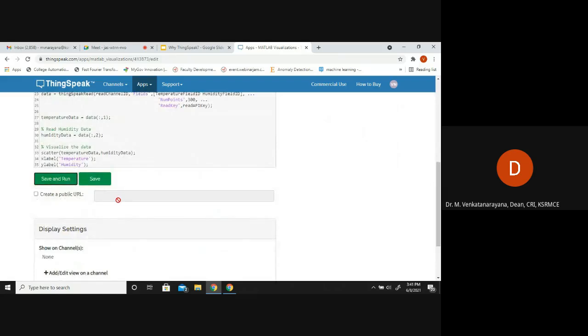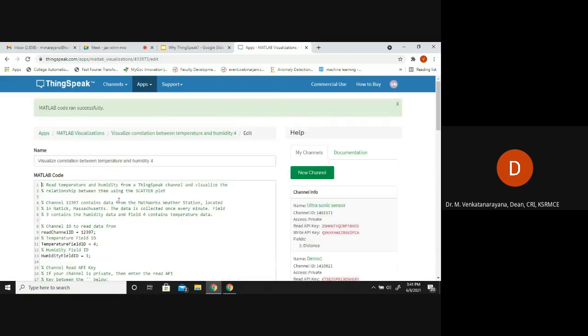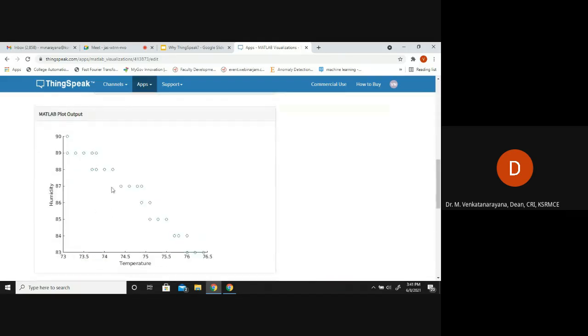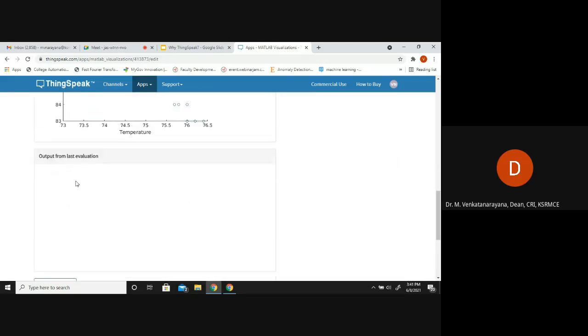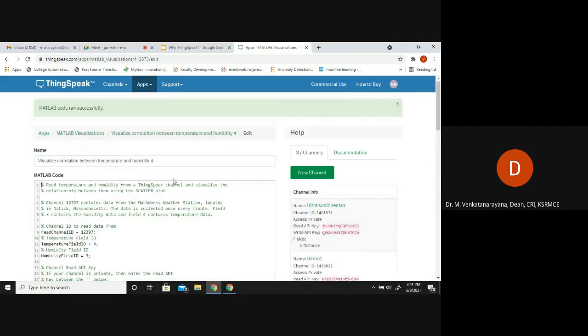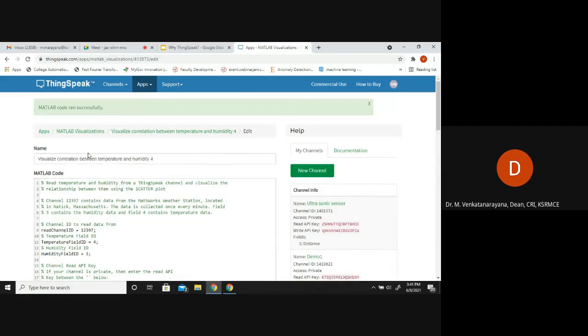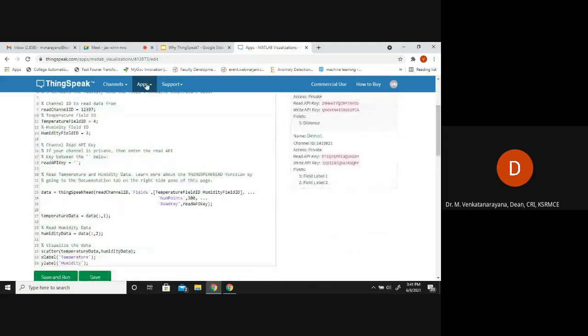Save and run, where we can see the temperature and humidity scatter plot. This is with the help of inbuilt functions, so we can run many things here. Analysis, visualization, and React, all these examples are available.